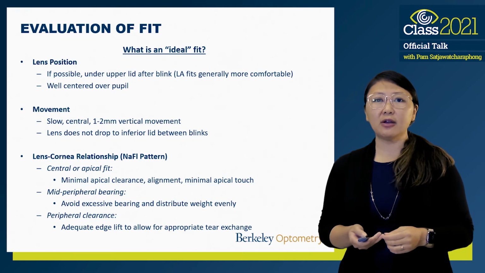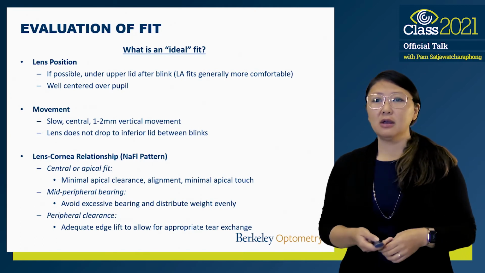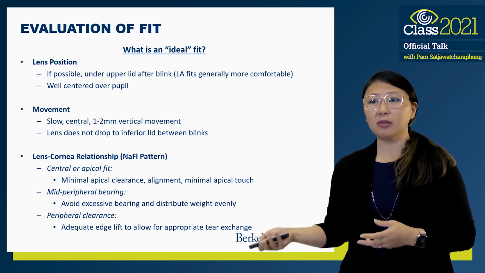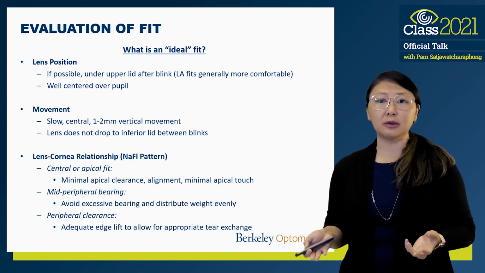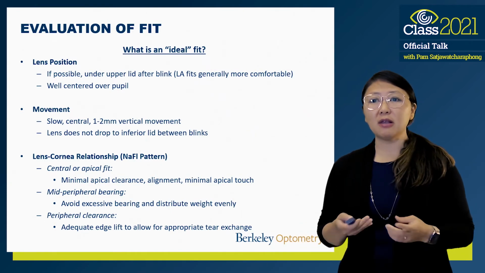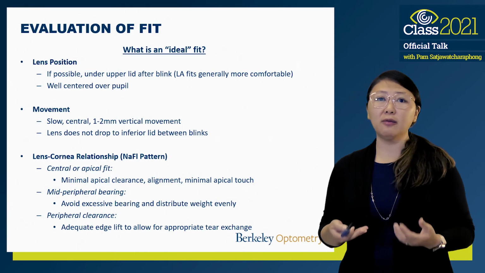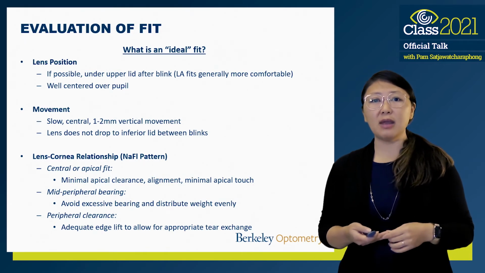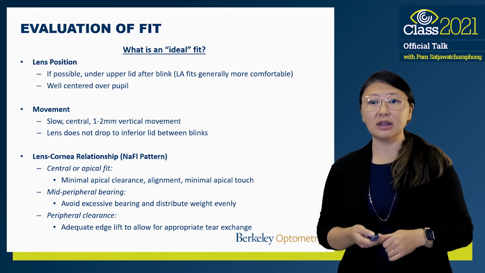For the fluorescein pattern, we generally will accept a range. Minimal apical clearance, alignment, or minimal apical touch might all be acceptable. Mid-peripheral bearing should be soft and distribute weight evenly. You want to avoid it being too excessive, where it may be causing staining underneath that area of the lens